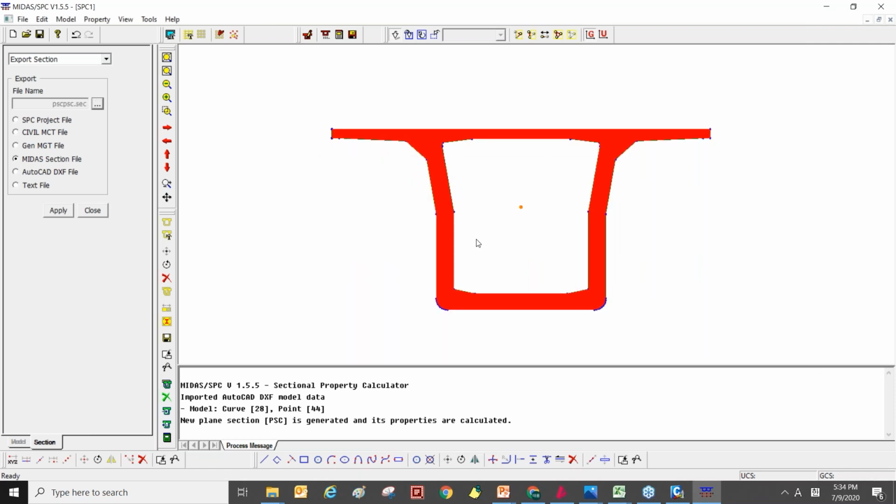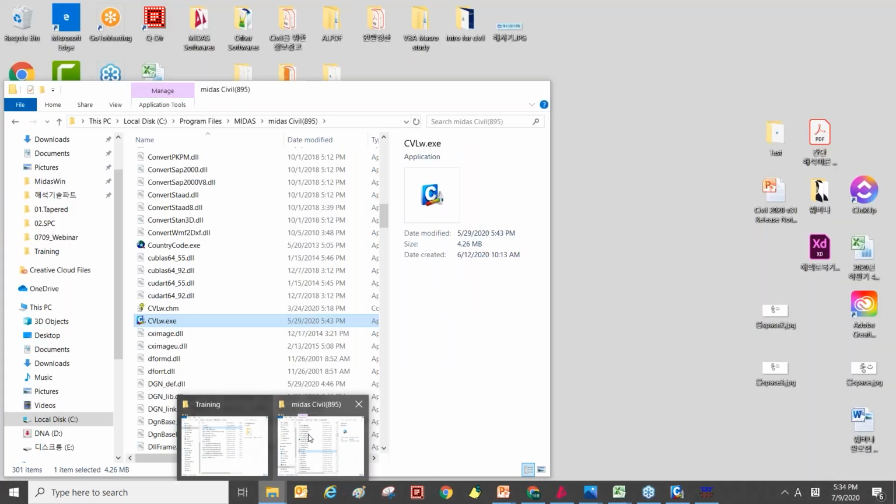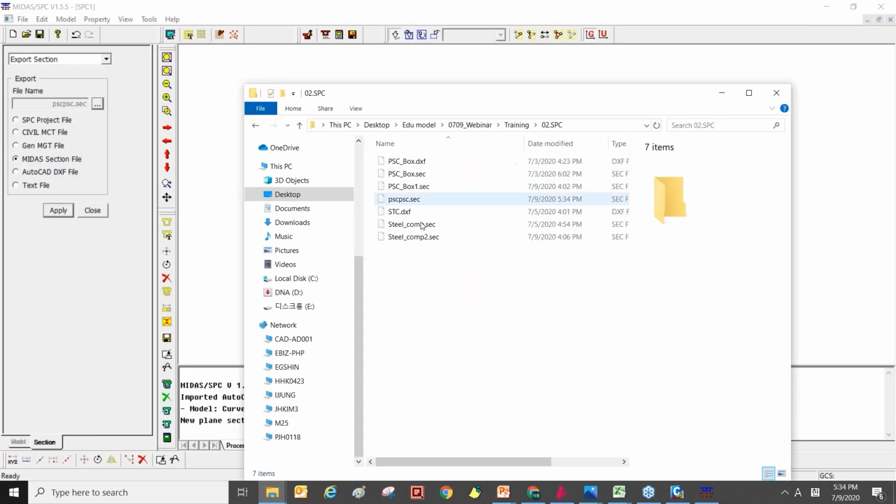And select the section and click apply button. So after that, you can find the created SPC section.